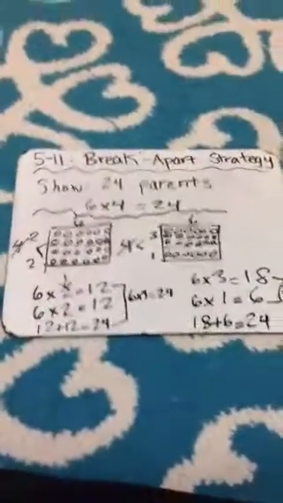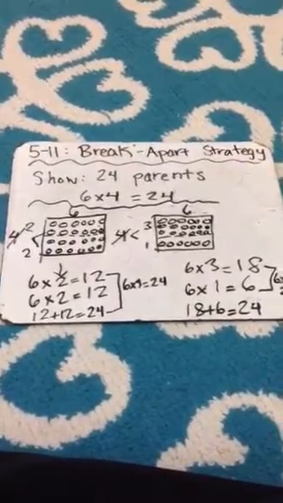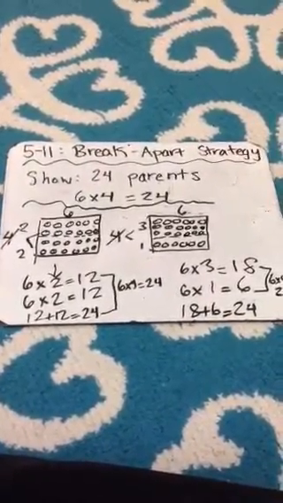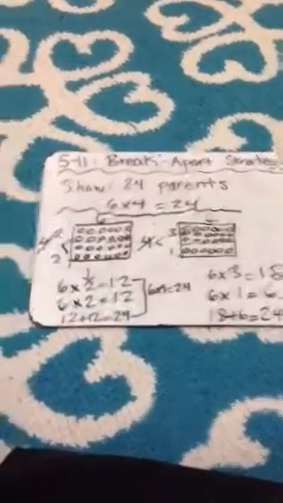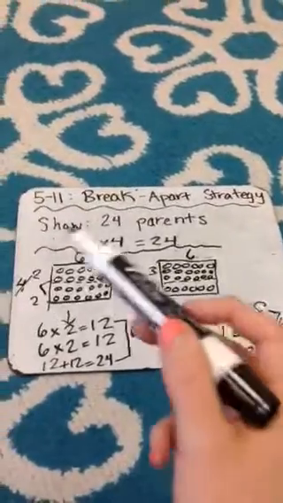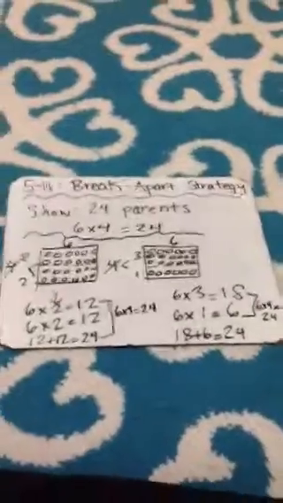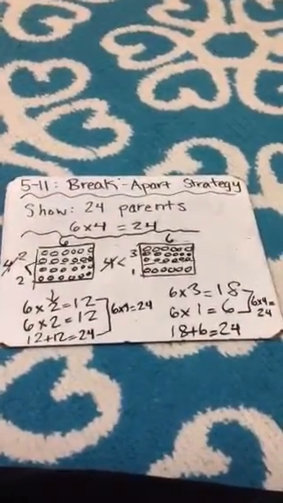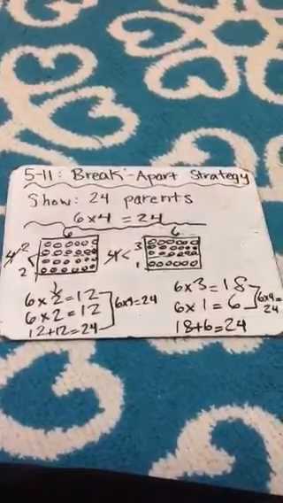So using the break apart strategy, I broke up my arrays to organize my multiplication problem where I had 24 parents and I was trying to figure out how to seat them. So both ways that I broke it up, I broke up the 4 into 2 and 2, and I broke up the 4 into 3 and 1. No matter what, I didn't change my 6 rows of parents, but I changed how I broke up my array, and no matter what, it still equals 24. So that shows that my answer and the way I broke apart my arrays is